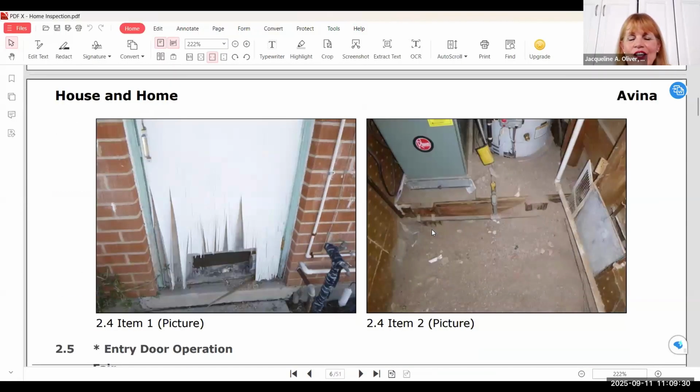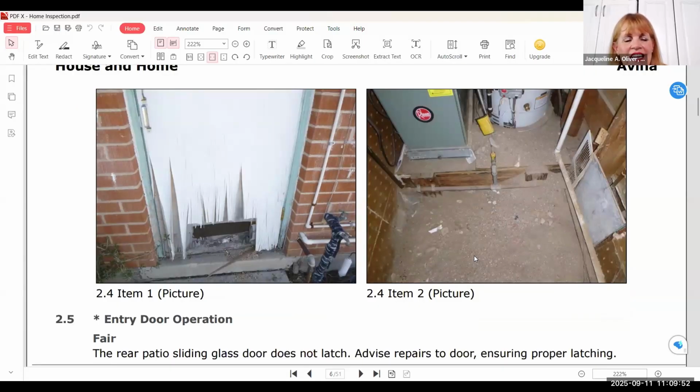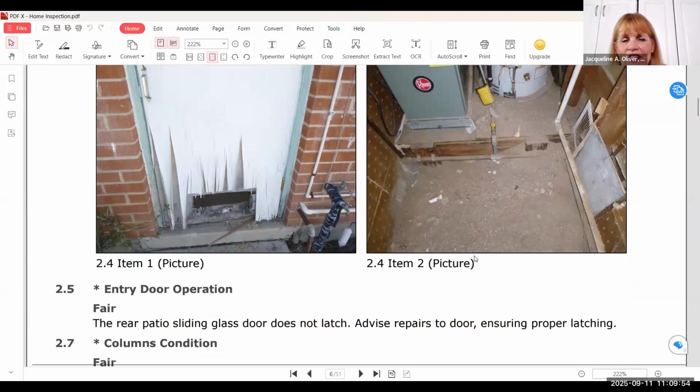Okay. And here's one. I bet you didn't even need to have an inspector look at this. This is a utility door, and it had a vent on it at one time, and that's where the water heater is, and the heater is in that space. And you can see where it's other vents, and that is showing damage. And I don't know if you can see it, but it looks like a gas meter, and that gas meter is all taped up with black construction tape.